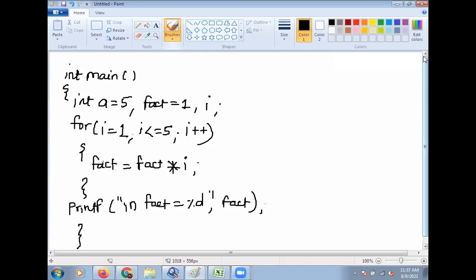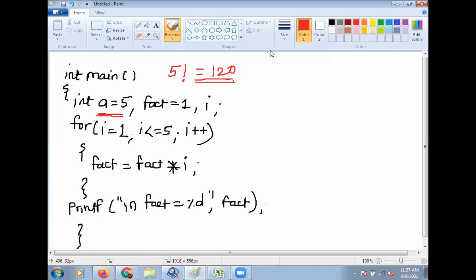We'll see here how this program will execute. So here a is equal to 5 is given. We have to find the value of factorial of 5, that is 5 factorial, and the answer is equal to 120.